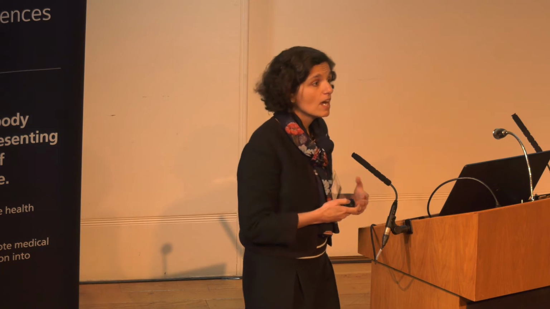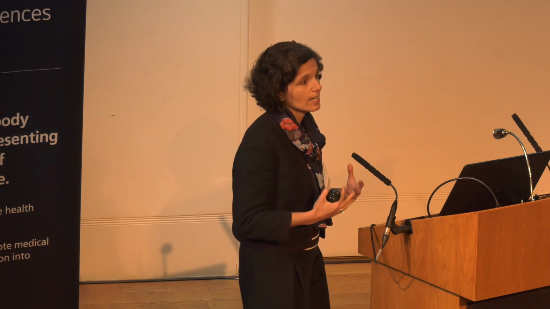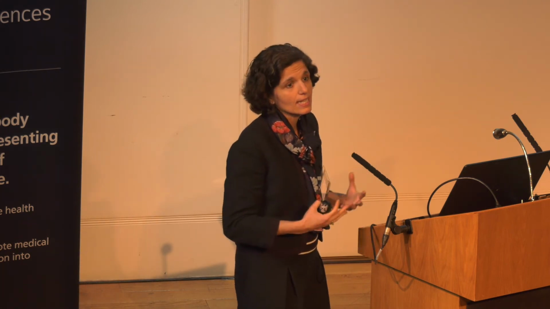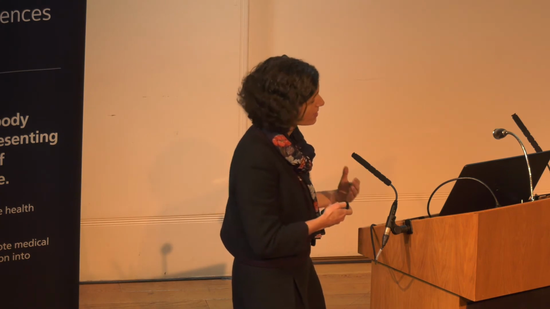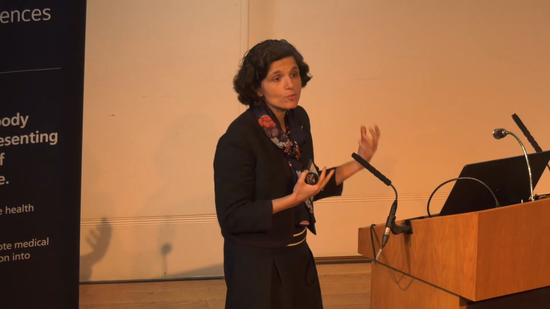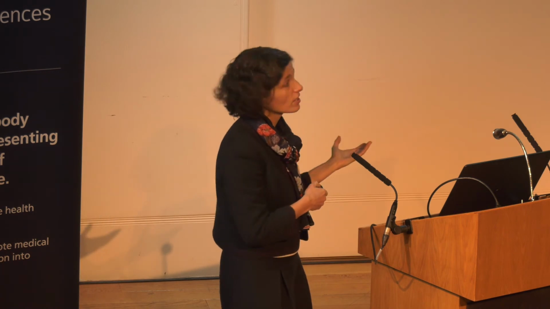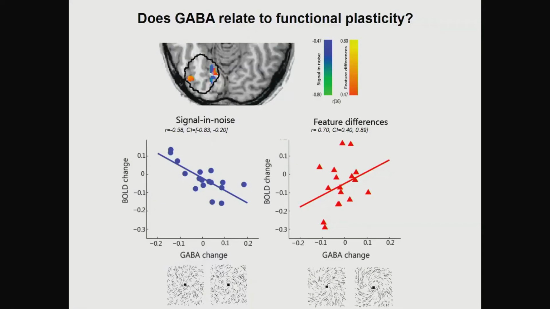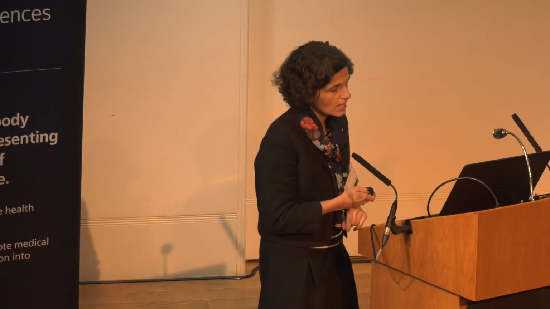How does that relate to what we measure in terms of functional activity in the human brain, which is accumulated processing of both excitatory and inhibitory processing? So we see exactly the same dissociation. When you are looking for a friend in a crowd, decreased GABA relates to higher BOLD signals. When you're identifying very similar patterns and discriminating, increased GABA relates to higher BOLD.